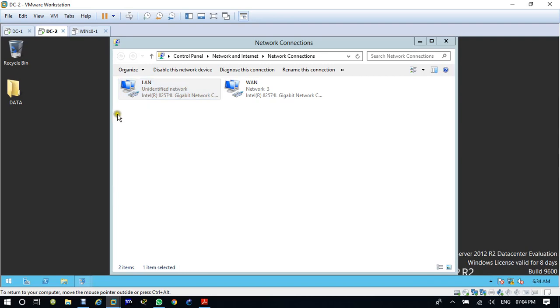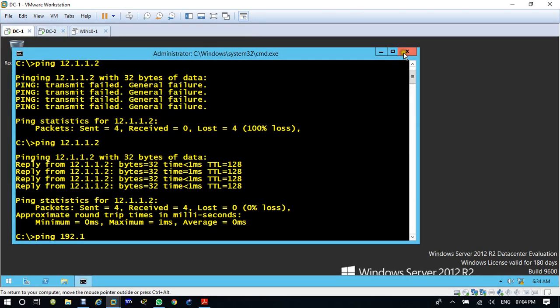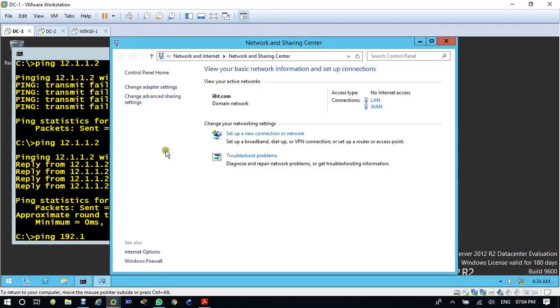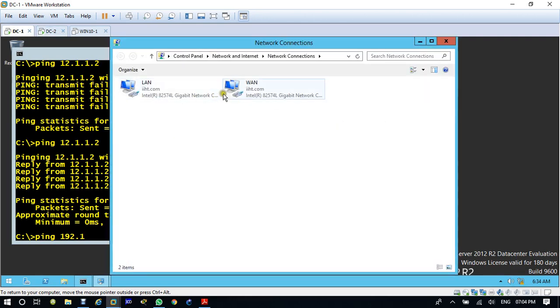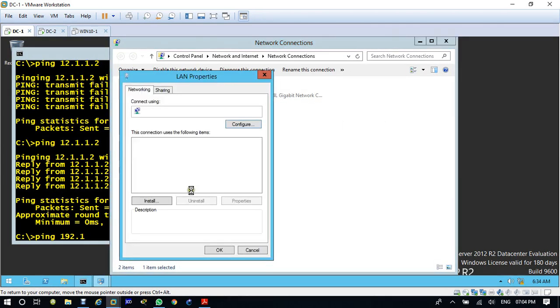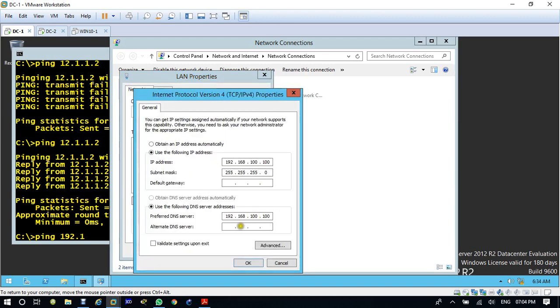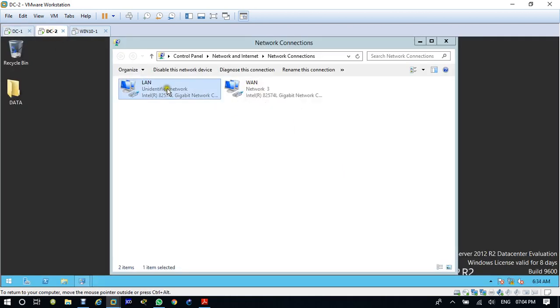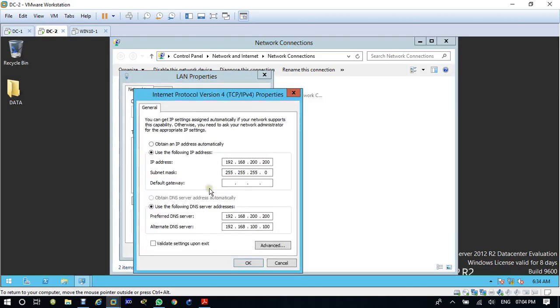And if you come here to DC1, same thing, you have to configure in the LAN. 192.168.200, and for the DNS you have to put his DNS, meaning cross DNS. See, this is your DNS, this is DC2 DNS, so same there in DC2 I used. See here, if you verify, I have used DC1 DNS and my own DNS, and the default